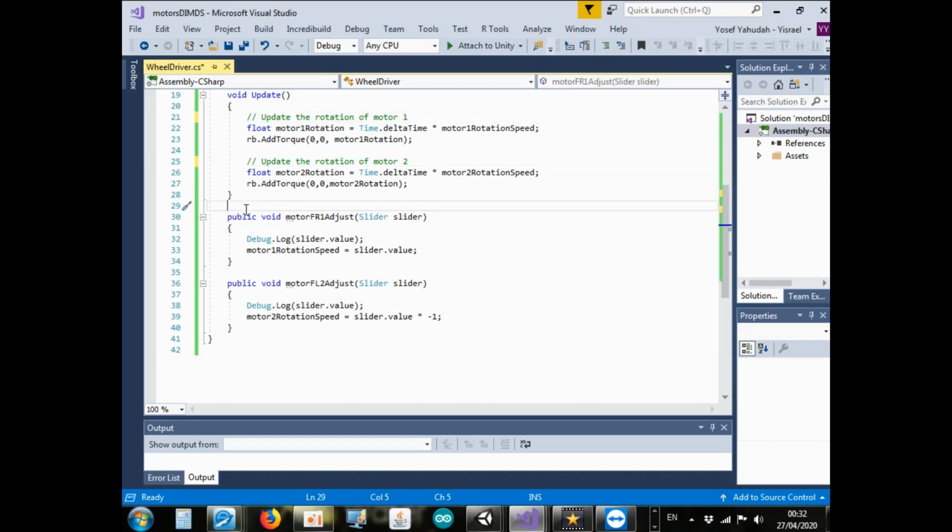However, let's label this up a bit better. Say this is motor 1 front right. Then we say motor 2 front right, motor 2. Right. And what we do is, because this is only for one wheel,